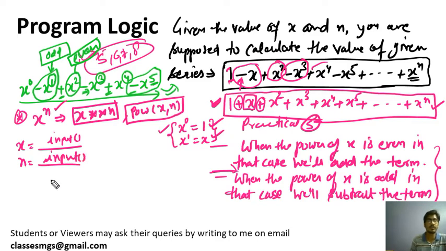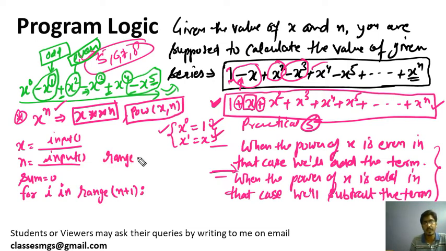Now what you need to do is set sum equals to 0 initially. Then you will apply the for loop as I have shown you in the last class. For i in range, always keep in mind we will use range n plus 1, because the range function, as I already told you, let's suppose range 5 will return the list of numbers 0 1 2 3 4, up to n minus 1. That's why I always pass n plus 1, so that I don't lose one term.